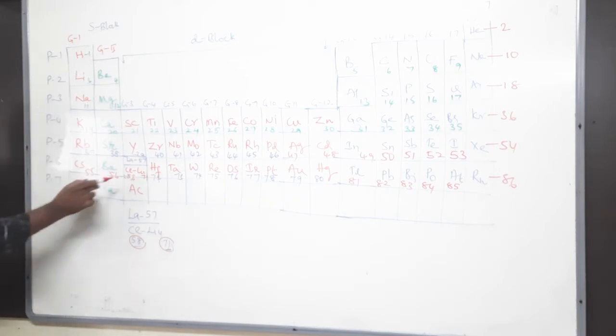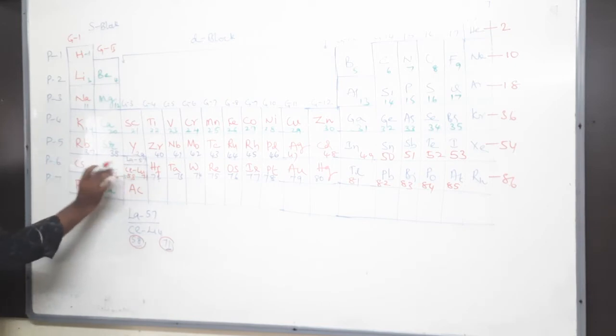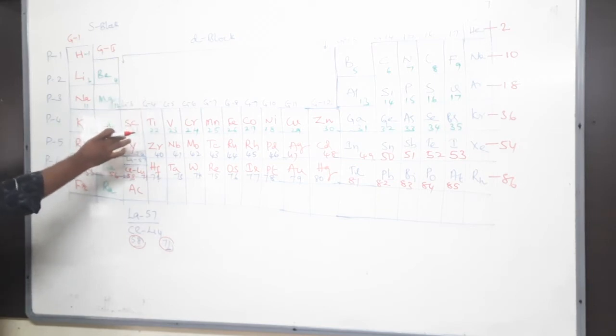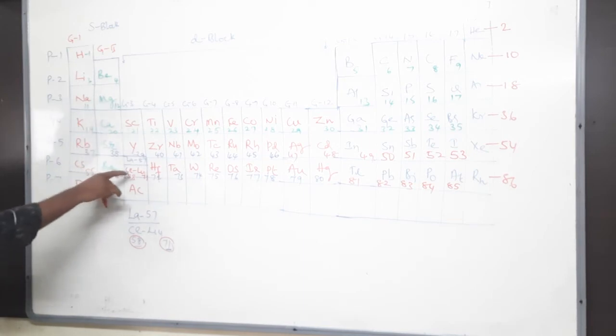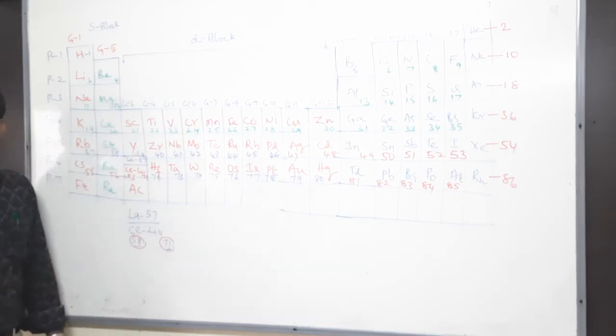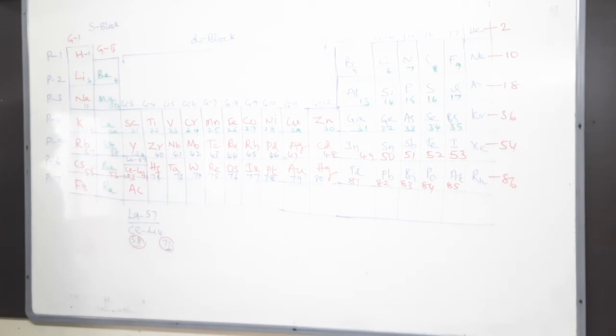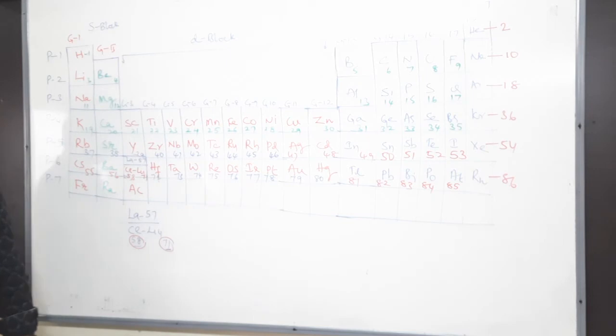Now tell me, these are called lanthanides, right? Cerium to lutetium, all these are lanthanides. So lanthanides belong to which group? Third group. All the lanthanides belong to the third group. But actually they are in the D block, no? We should say they are D block elements. Even though they are placed in the D block, the differentiating electron enters the antepenultimate f orbital, the n minus 2 f orbital. That is why they are F block elements, but not D block.